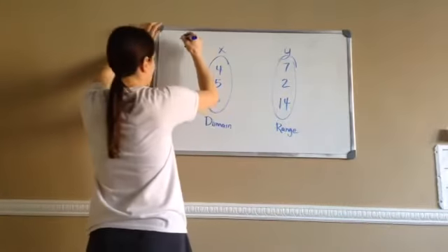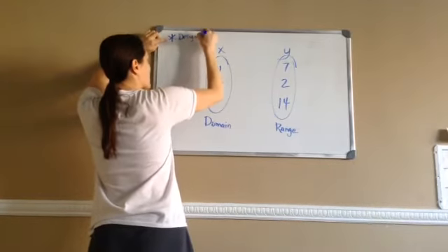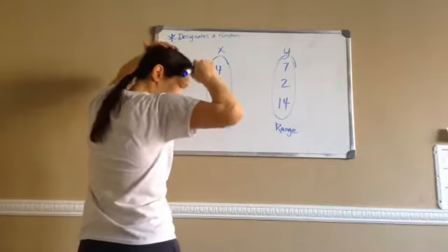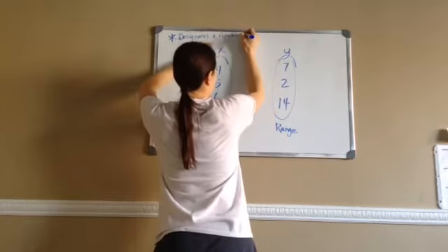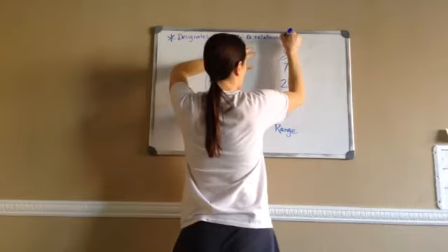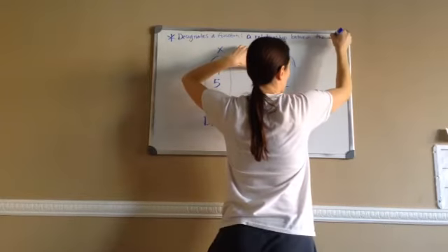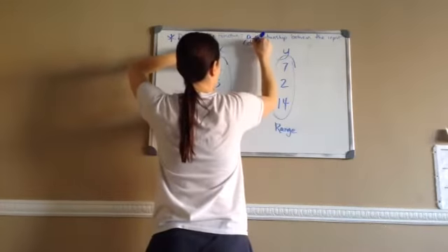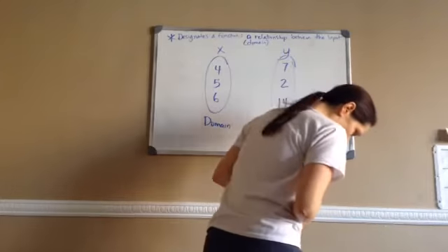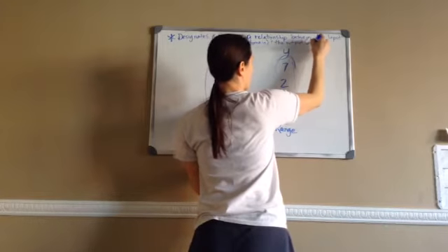Okay, now let me tell you what designates a function, and you want to write this down. What designates a function is not if it makes sense, like you've learned previously. What designates a function is this. If a relationship between the input, which is the domain, so go ahead and write that down. A relationship between the input, domain, and the output, which is the range,